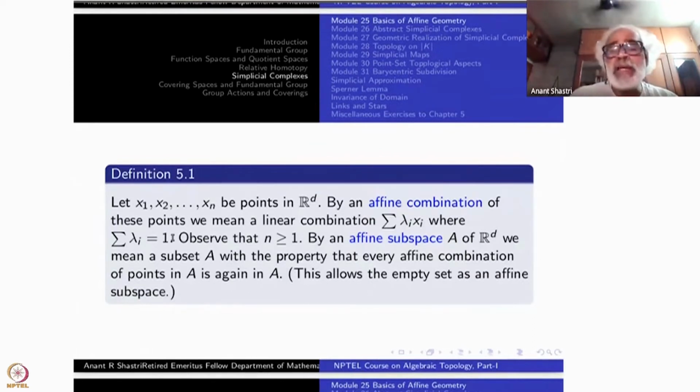So this is like the parameterization of a line segment, t times v plus (1 minus t) times u. Why t and 1 minus t? Sum total is 1. So that's the whole idea. That will give you the entire line, but it may not be passing through the origin, right? There is no other condition. Sum total must be equal to 1.